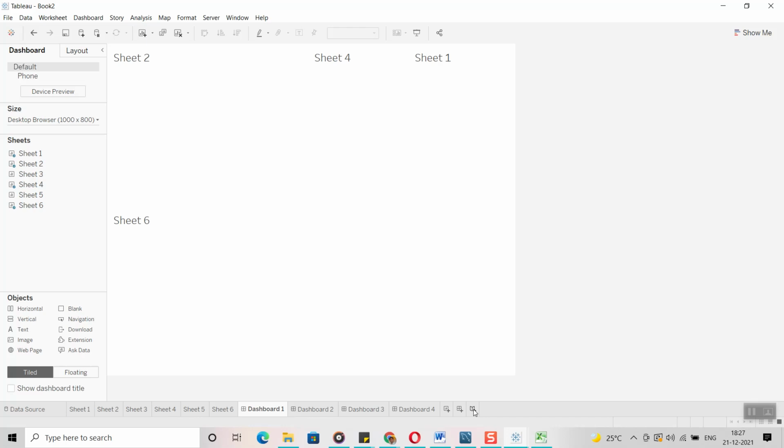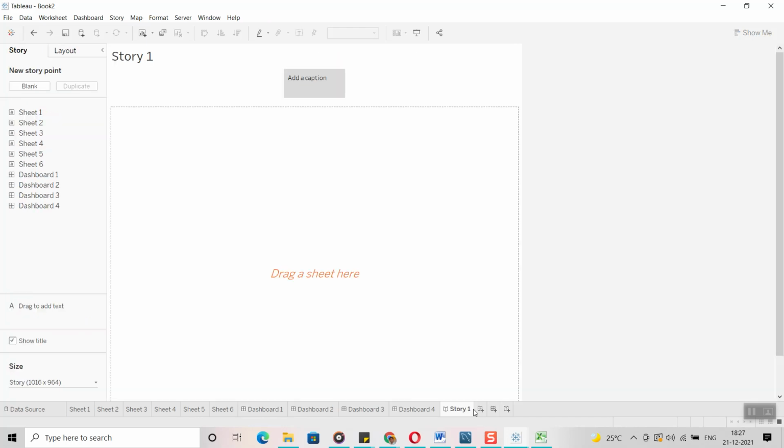The same way, the story option helps end users in this way: by looking at the story points, the end users will get a feel for how we are performing compared to the past. For example, they started a business in 2010 or 1985. From there, how the business is growing, what achievements they have achieved. So we are going to display it in order, and that is what we call a story. We are going to show progress, how they have improved from scratch. This is what the story is telling.